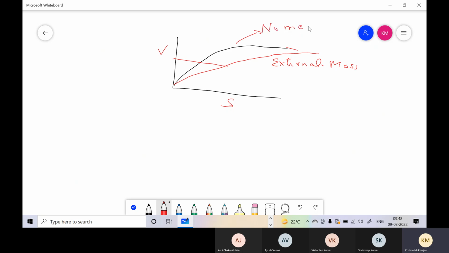This is the real rate. And so if this is the Km, half the maximum velocity, and this is Km apparent, then theoretically at this substrate concentration in the bulk,